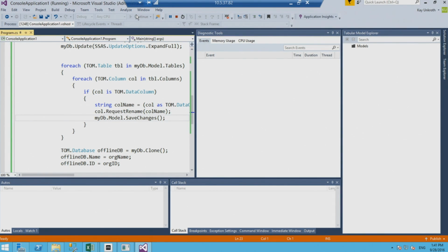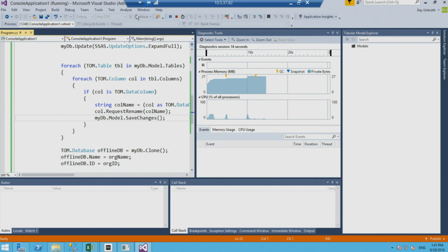Okay, while this is running, let's move a little bit ahead. Now I have a data model where I have the original columns. Well, this is not really a scenario that makes a lot of sense, right? You usually don't go from beautiful column names back to ugly column names in your data source. But it was kind of a step for me to demonstrate to you this technique of how I can program against the model.bim file. Now I'm actually at the stage with my data model where I can approach the real production scenario where I have a number of tables where I need to rename the columns into something that is